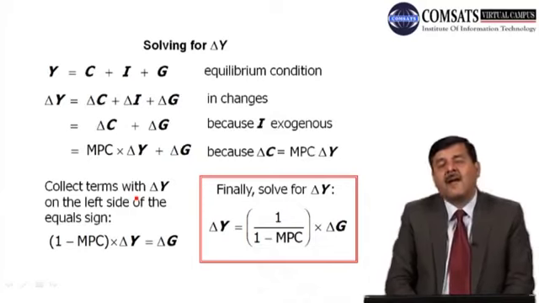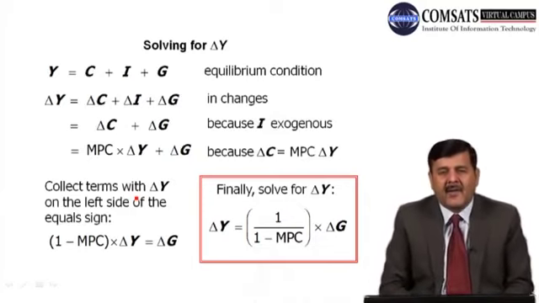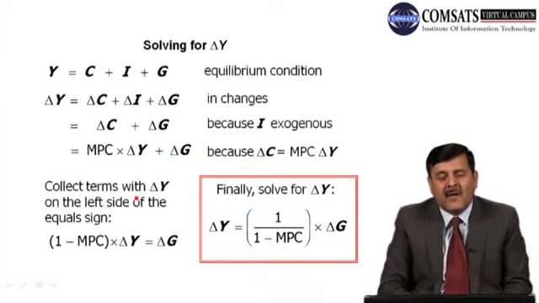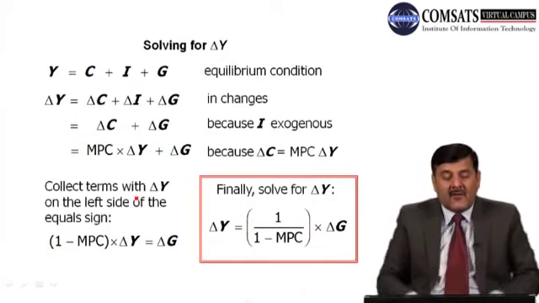Now we will see that, as we know, the income equation in chapter 3 that we have learned is Y is equal to C plus I plus G when the economy is closed, and this is the equilibrium condition of the economy. Now if we apply changes on both sides, delta Y will be equal to delta C plus delta I plus delta G. Now as we assume that I is exogenous, the change in I is 0. When it is exogenous, it is given, it is 0. So we are left with